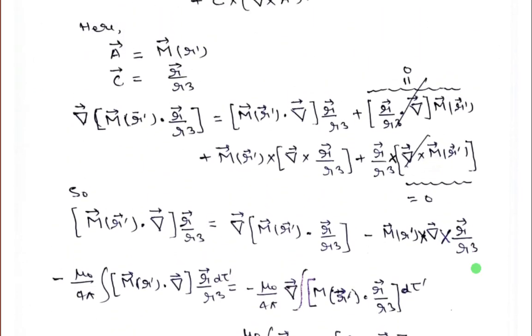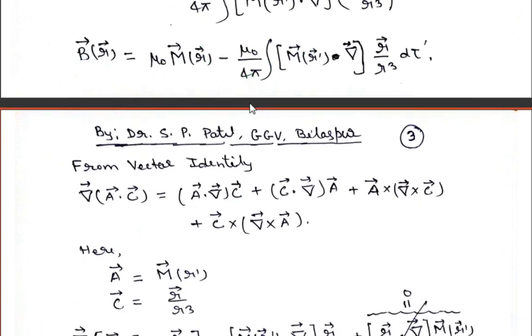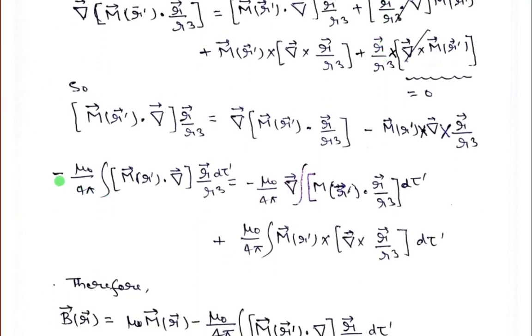in place of this here, the magnetic field is basically a summation of two quantities, that is mu 0 capital M minus mu 0 into this quantity. So now I am trying to calculate this quantity separately. If you calculate mu 0 upon 4 pi integral of capital M dot with del operator outside the bracket, that is r vector upon r cube, what will we get? I am writing here mu 0 upon 4 pi integral, in bracket capital M dot del outside the bracket, that is r vector upon r cube d tau prime, can be written as